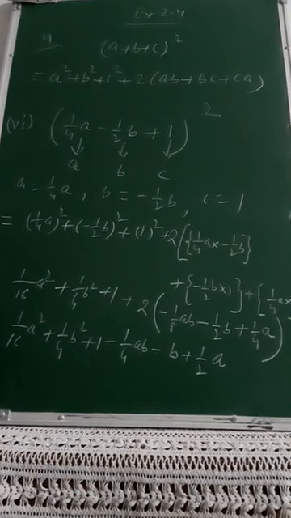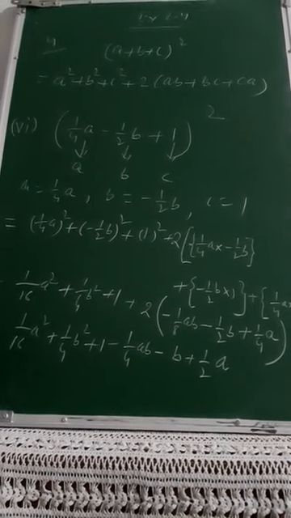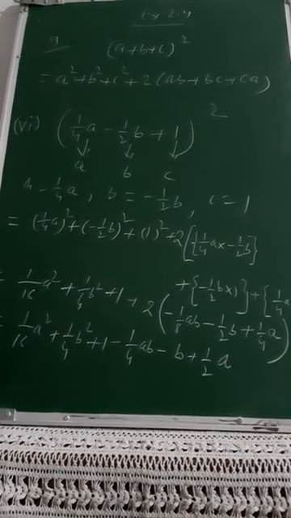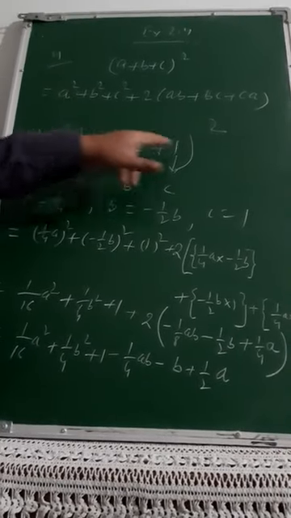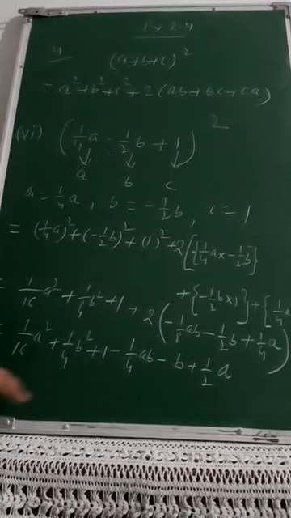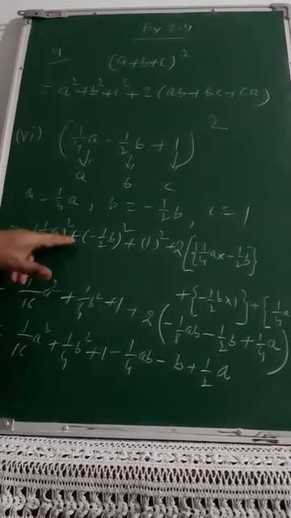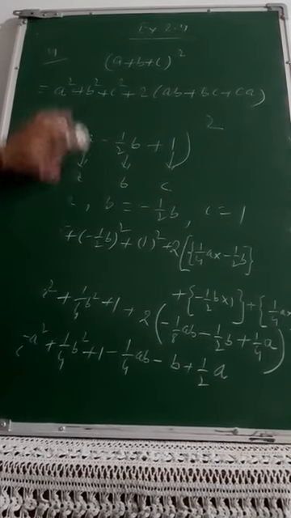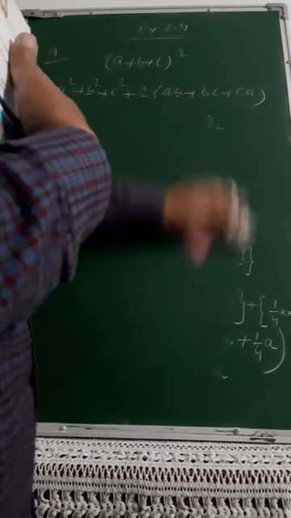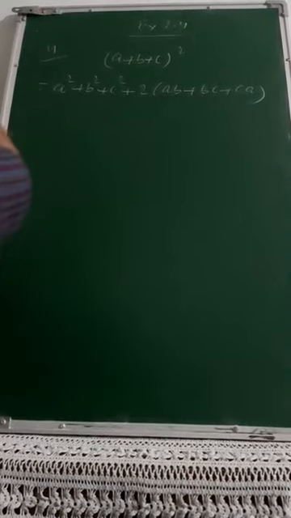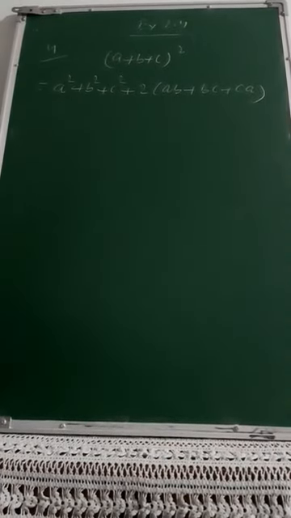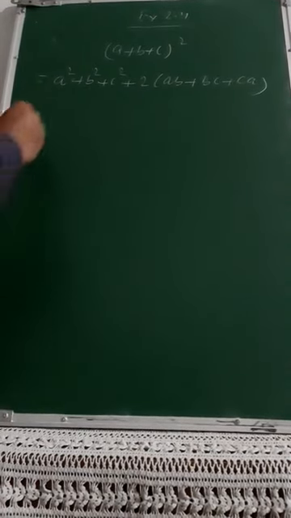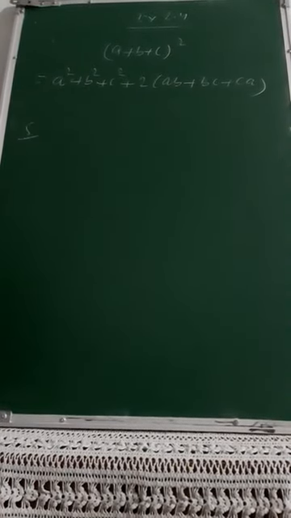So these are the things you need to take care of, and all the time keep working upon A plus B plus C whole square, as I did here with one of the minus, but I am applying in terms of A square plus B square plus C square plus 2AB plus 2BC plus 2CA only. Now factorization based upon this. The remaining 3 parts of this question number 4 you have to do on your own. Now you look at this, and simultaneously I will speak about these 2 parts of question 5.